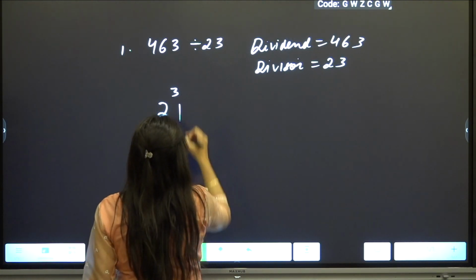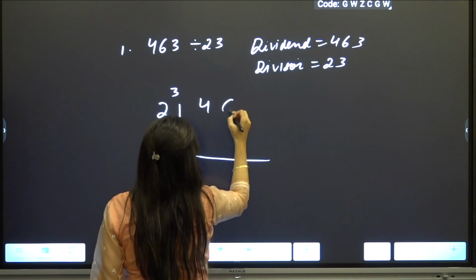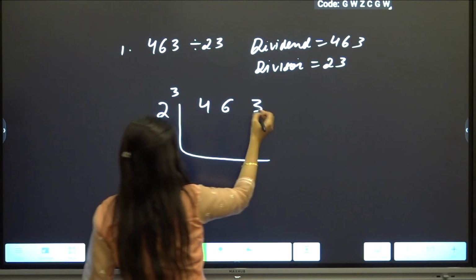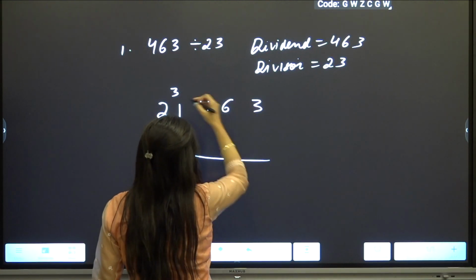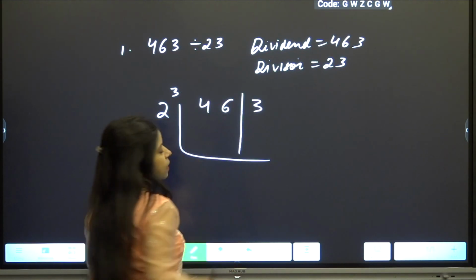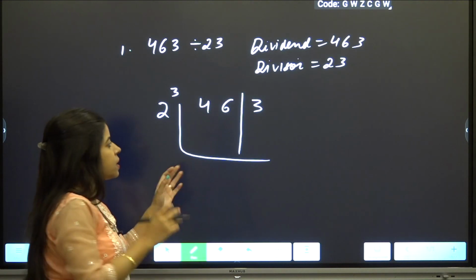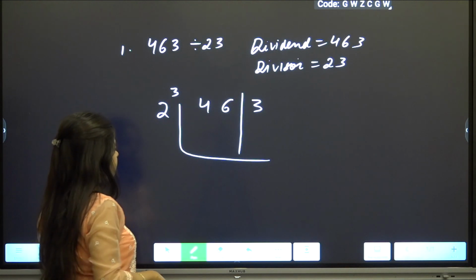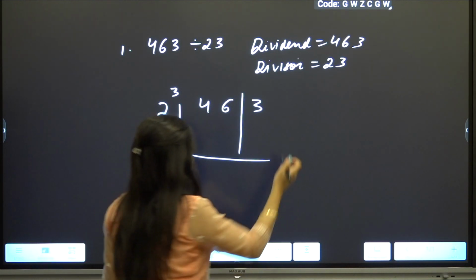To the right we are going to write 463 and we are going to place a slash between 6 and 3. The flag here is 3. Between 6 and 3 there is only one digit in the remainder part. Okay, so step 1 is